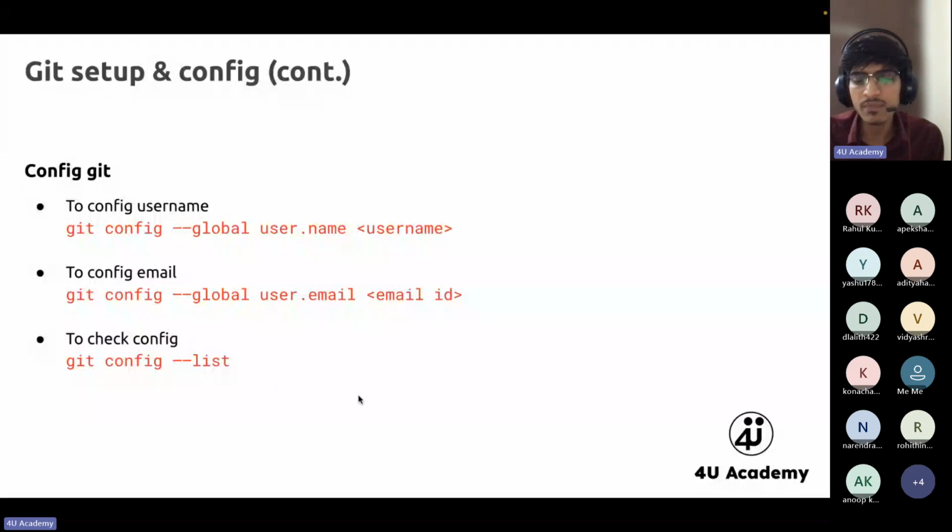No need to do it again and again. Anyway, you can change it anytime. But so you have git config global user.name. Don't worry about these tricky commands. You'll find all these commands on the internet every time. And don't worry, your seniors will not scold you if you search these commands on the internet.